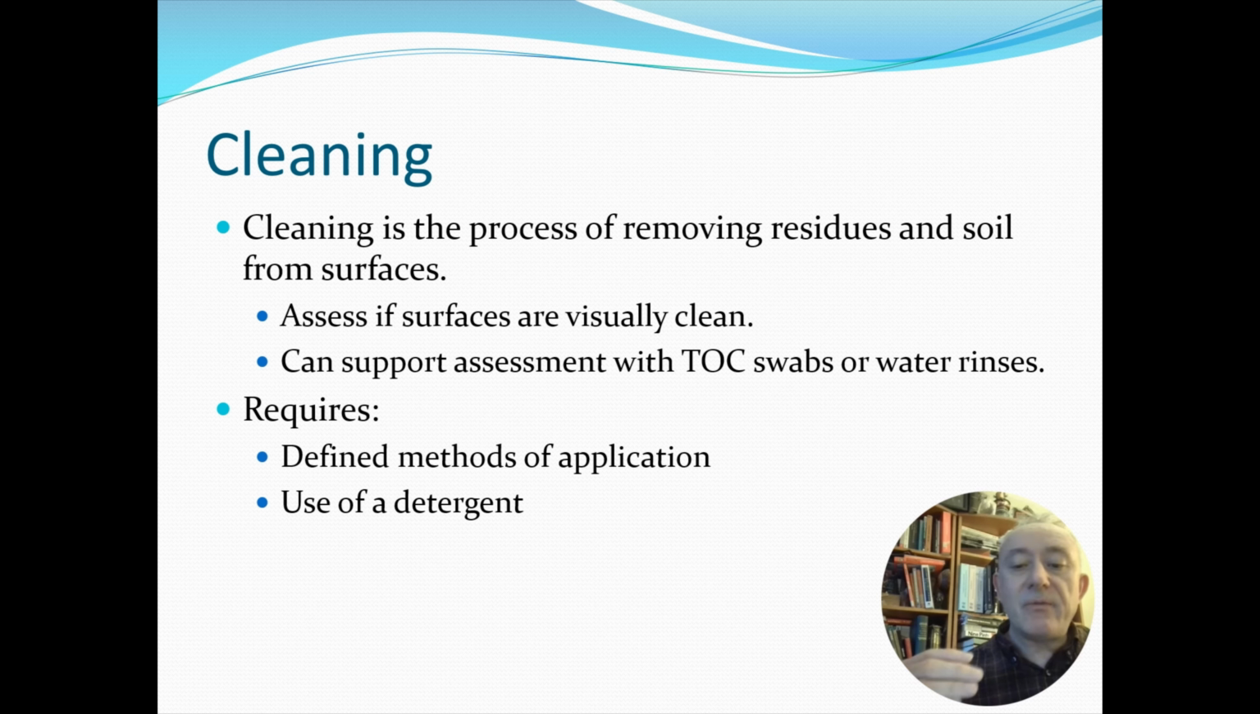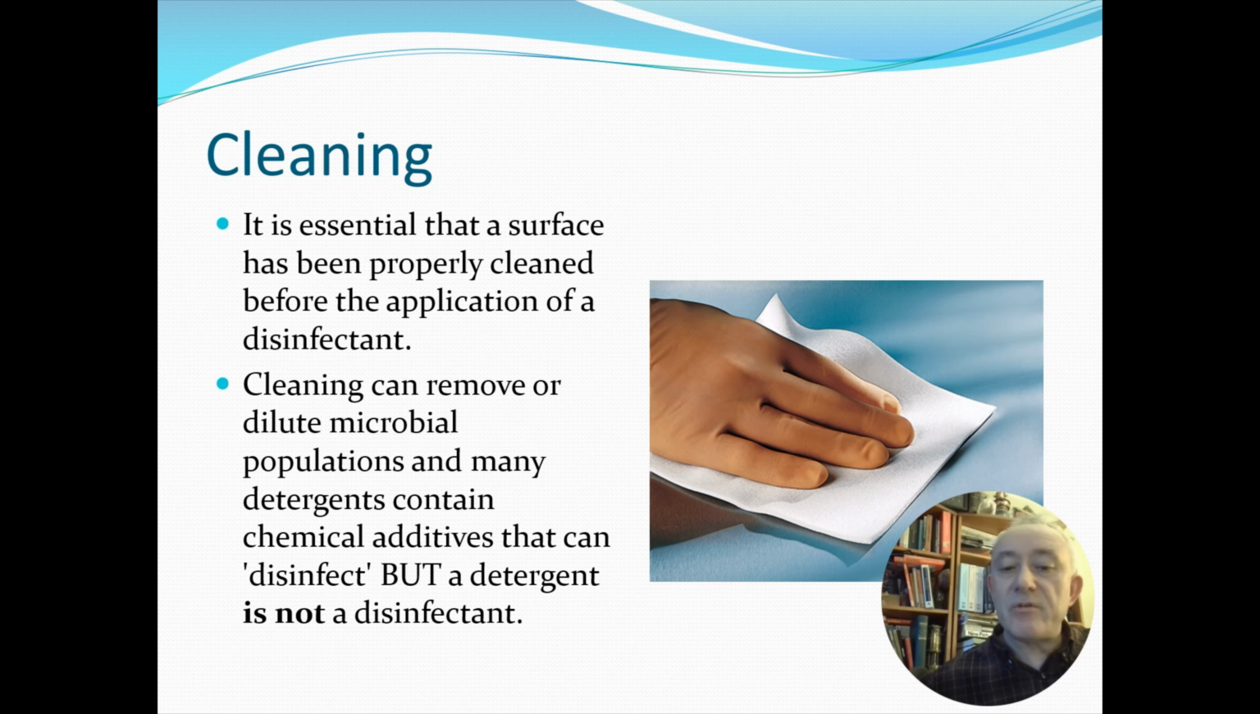So we need to clean and disinfect surfaces, and there is a conceptual difference between cleaning and disinfection. Cleaning is the process of removing residues and soil, dirt, dust, protein, skin cells and so on from surfaces to the extent that they are visually clean. And cleanliness can be supported through environmental monitoring to help us to detect levels, and particularly things like total organic carbon swabs or water rinses can help us to evaluate this concept of cleanliness. Because one of the other things that we're concerned about is not only the levels of cleanliness, but also any residues of the detergents that we might be applying,